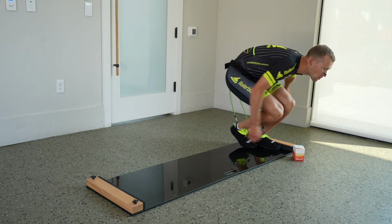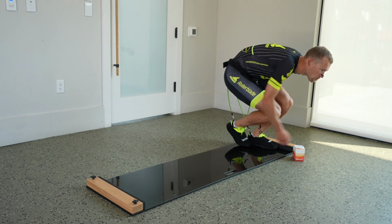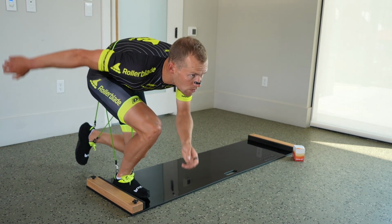And the next point here is go slower. Cardio wise, yes, you may get a higher heart rate if you go with a faster step pattern, faster cadence. It also may be easier, but when the goal is to become stronger, especially when we're talking muscular strength, go slower. It's going to build more lactic acid, and it's going to lead to bigger gains in terms of size and strength of your quads and your glutes. So slow down the movements. My coach keeps telling me, if you cannot go slow, you can't go fast. So skating wise, slowing it down will also teach you better skating technique. You can really get your body weight over on each side of the board,